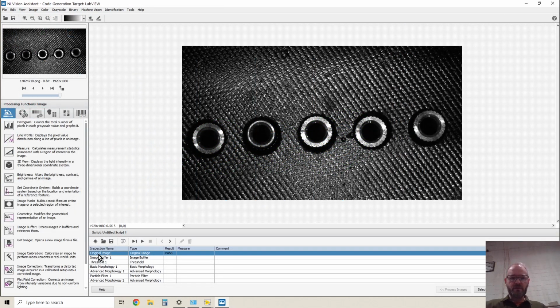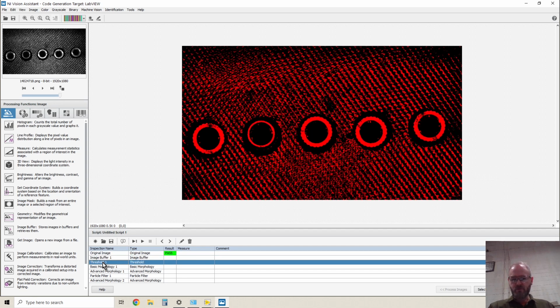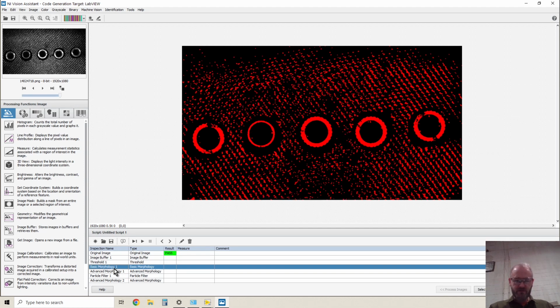Okay, so we're in the vision assistance step, which is where the image processing gets done. We're looking at the image as it was acquired. So first thing is it saves a copy of the image. Then a threshold is done, and so far things look okay. We've got circles and we've got a bunch of noise in the background. The goal here is to eliminate the background, keep the circles. So the first morphology is